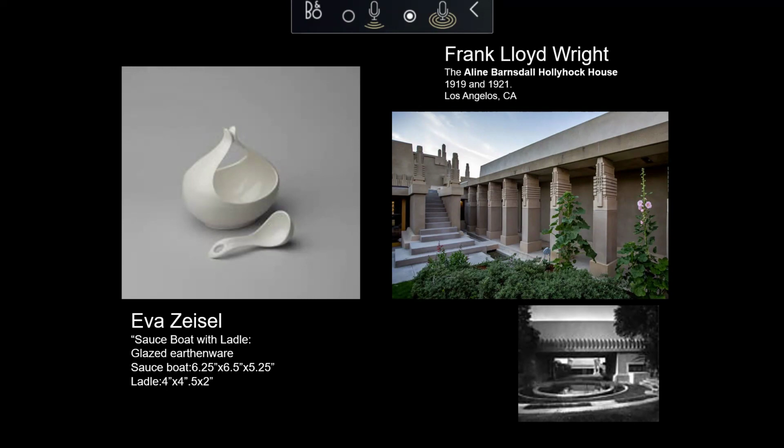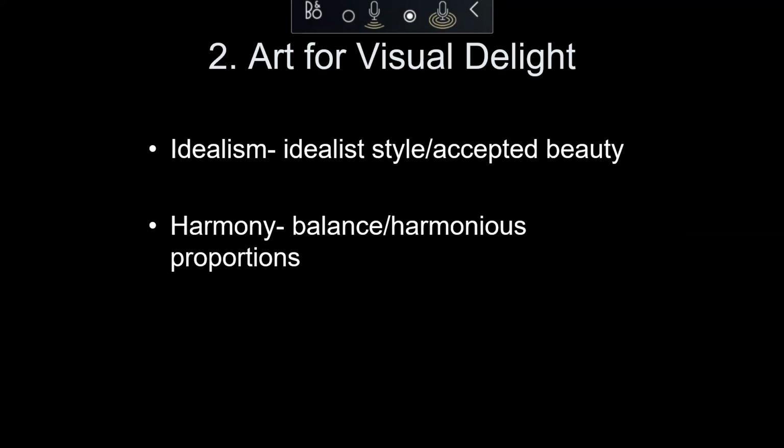Versus, you know, over here when we see Frank Lloyd Wright's house. So we're also including architecture. This is actually called the Hollyhock House, in Los Angeles. Oh, sorry, I misspelled Los Angeles. But we have a kind of embellishment on the columns, but also the way that we see these circles there for the pool, but all of these repeated patterns, right, that we can see the steps, the way that it's all laid out seems to be a kind of embellishment.